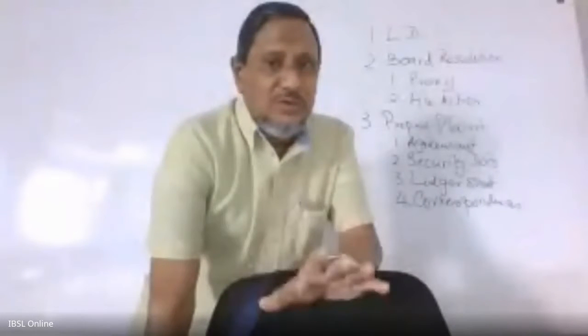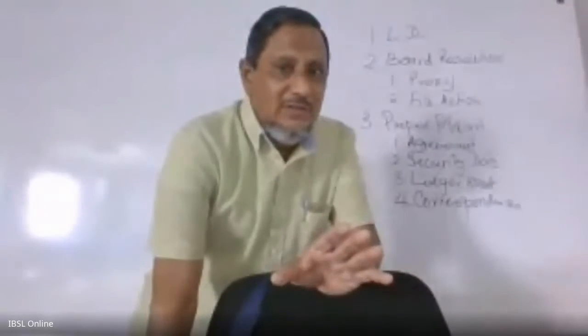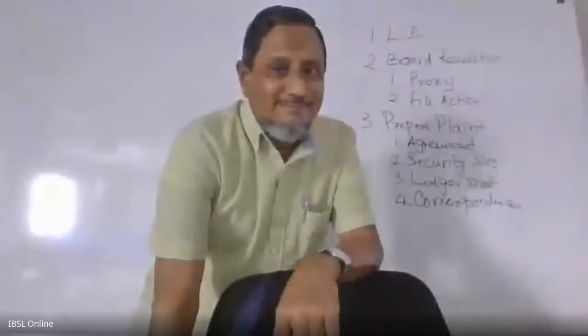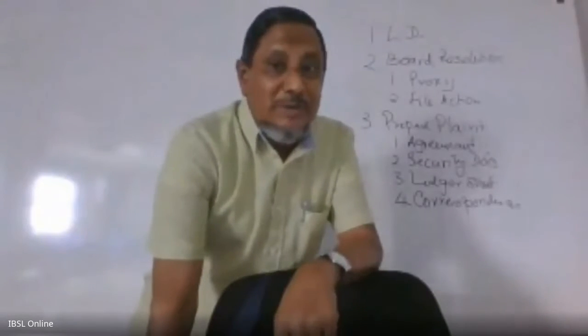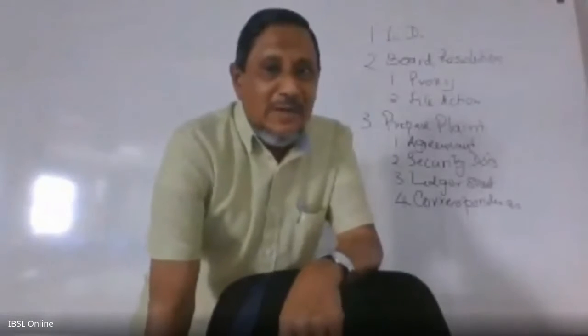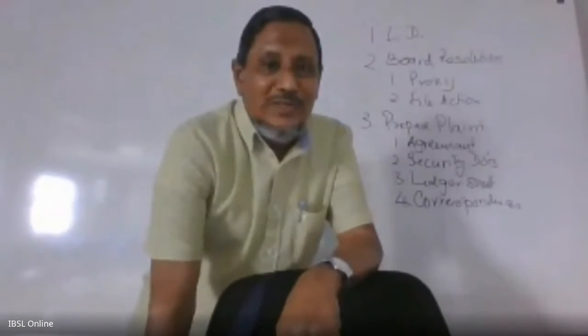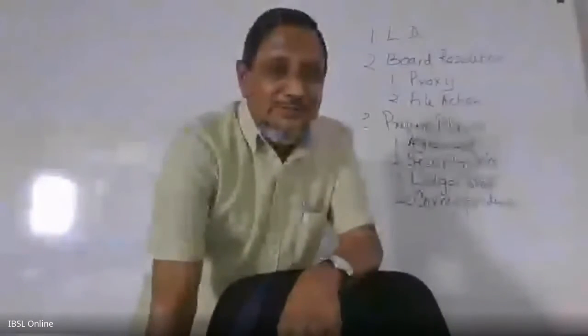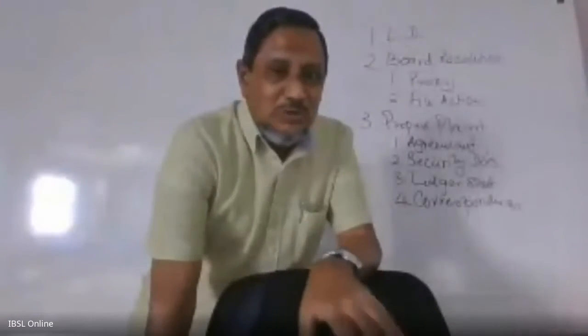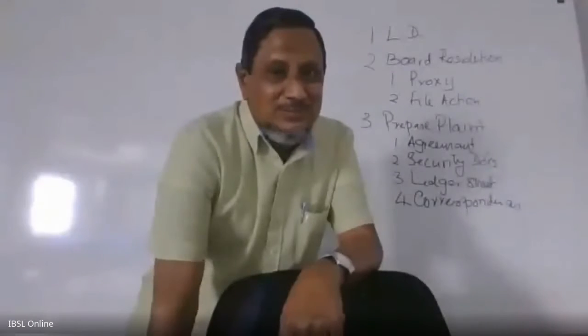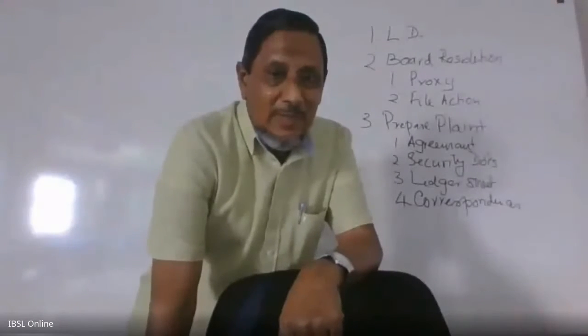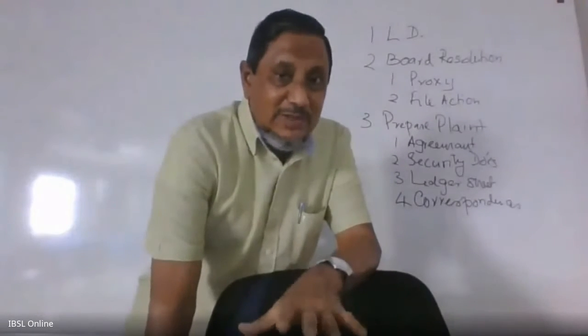So where are all these correspondences kept? Most of the time you find them in the WBB, the waste paper basket department. All the correspondence is in the WBB department. Where is the WBB department? It's with whoever the cleaning people are. Most of them are in the waste paper basket. It is not properly filed. Therefore, this is a very important thing.